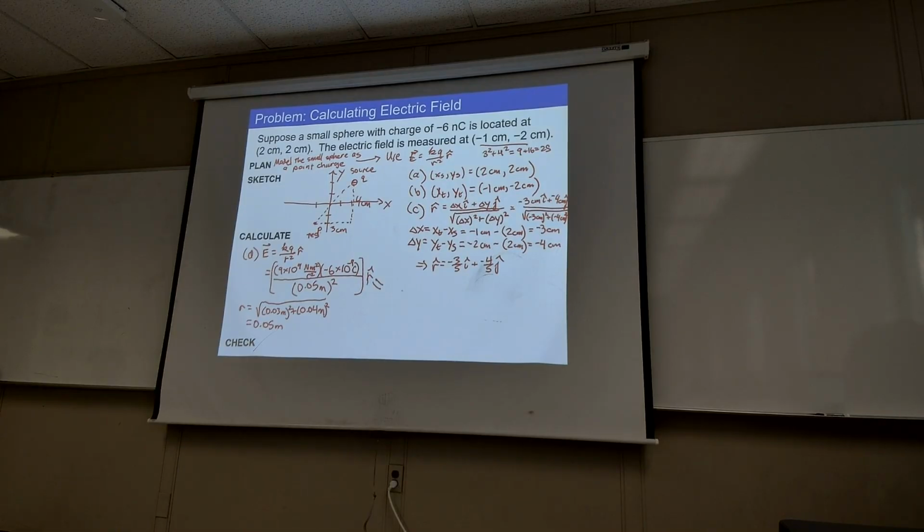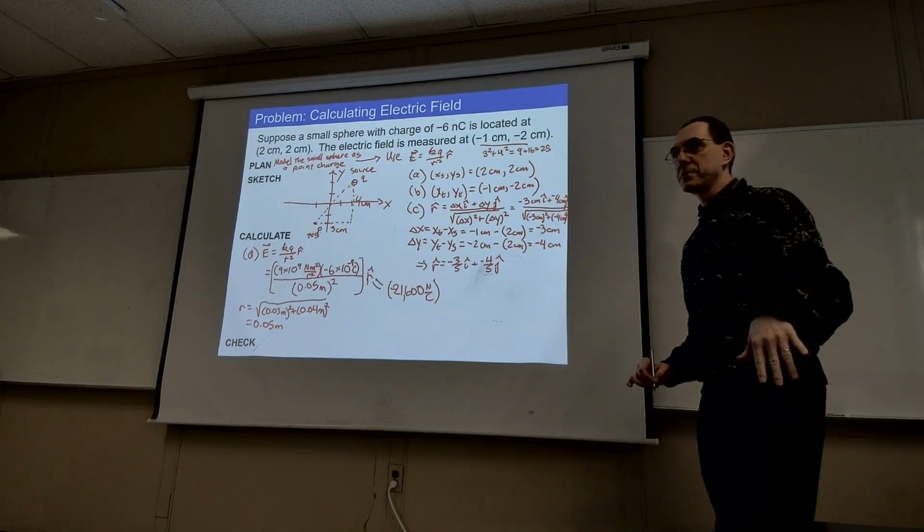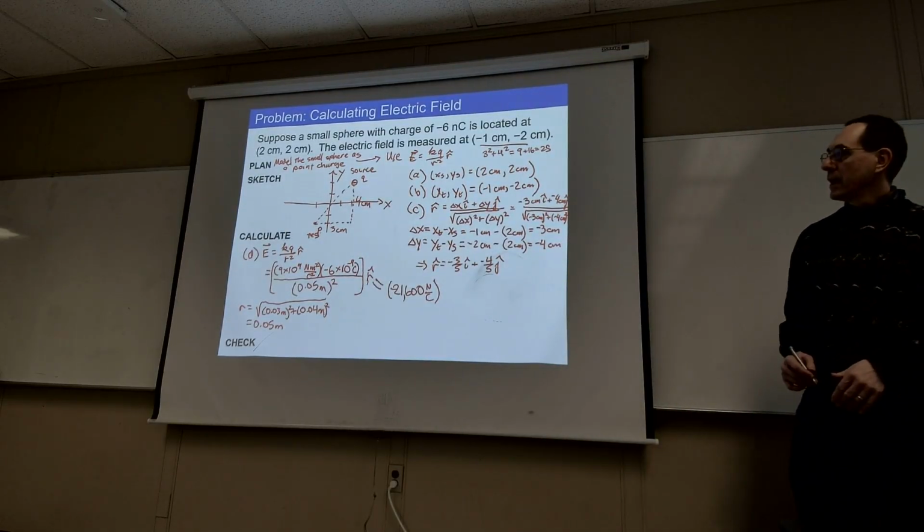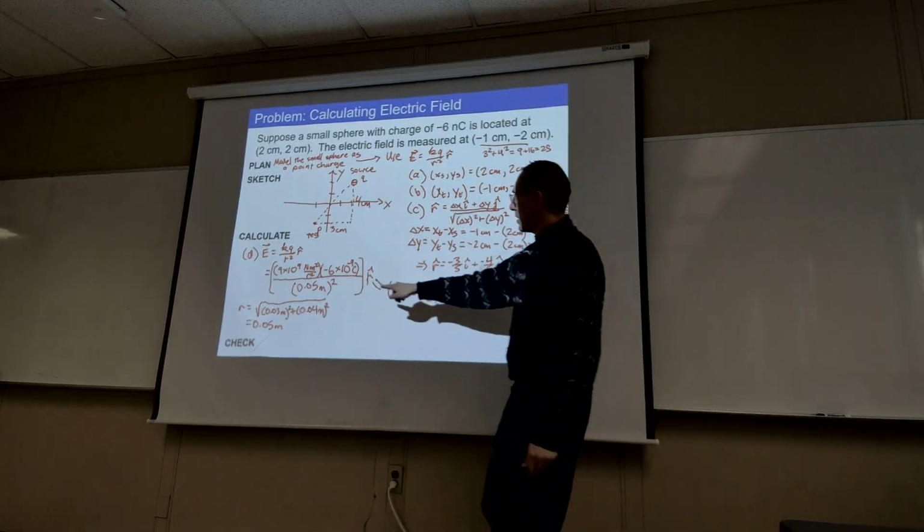$21,600? 21,600, is that what you got? Yeah, negative, okay, negative. Anybody else get that? I got that. Okay, usually I have to check with a couple of people just to make sure we don't have any typos. So yes, negative 21,600, and just to be clear about this, we've got 2 meters here, 2 meters here,